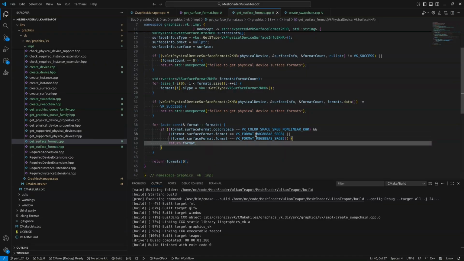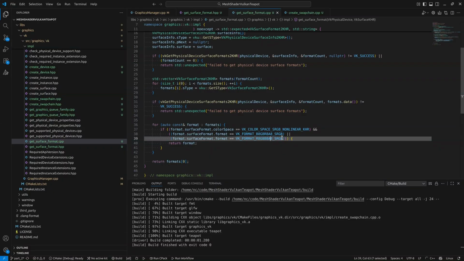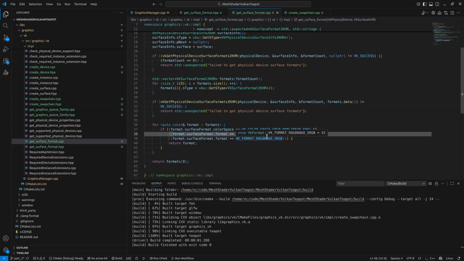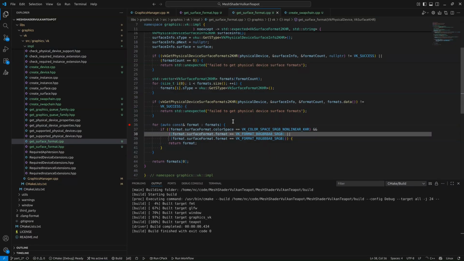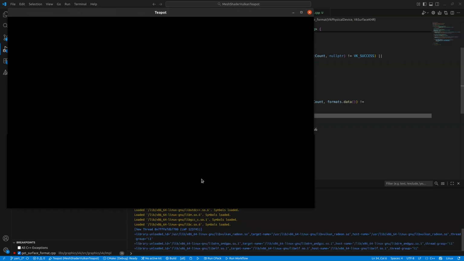Yeah, and why here BGRA and RGB? I remember that in my setup on 2 different machines, on Windows and on Linux, I had a different combination. We will see in a moment. Actually, we will see it now. Then I put a breakpoint here. Compile it once again and run, and we will see how many